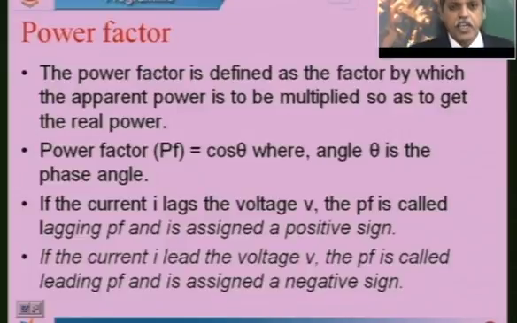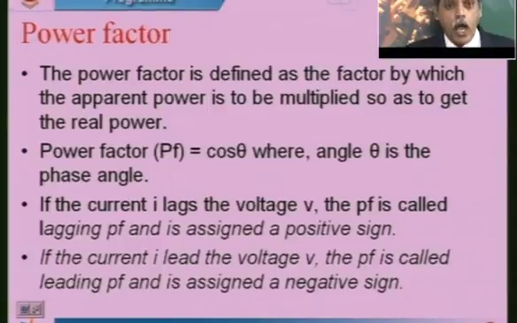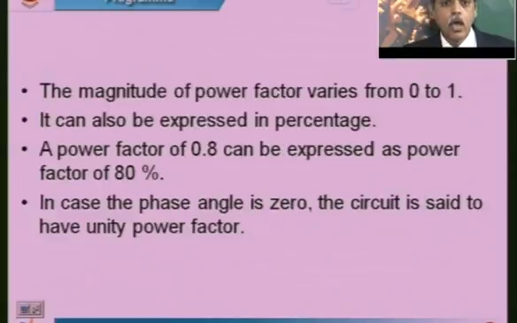If the power factor is very close to 1, I will be getting a larger amount of real power, that is, the real power will be very close to the apparent power. If the power factor is 1, real power and apparent power are the same. As the theta value increases, the cosine of theta keeps decreasing. When theta becomes 90, I will be getting a power factor of 0, therefore the real power is 0. Apparent power will be there, but real power becomes 0. The magnitude of the power factor varies from 0 to 1. Cos 0 is 1, the maximum value, and cos 90 is equal to 0, the minimum value.